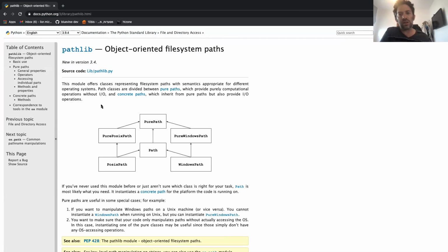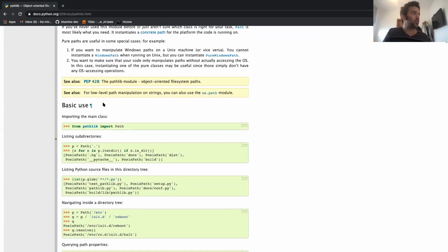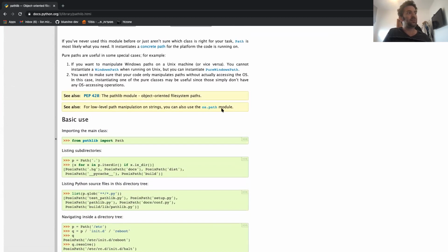Basically, in Python 2.7, we had in the standard library only os.path to control the file system. In Python 3.4, if I'm not mistaken, they added pathlib. It used to be open source, and they migrated it to the standard library. Basically, it takes object-oriented design and wraps it like a wrapper for os.path.